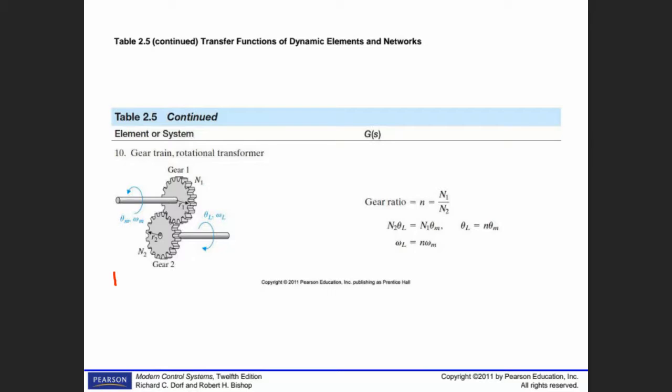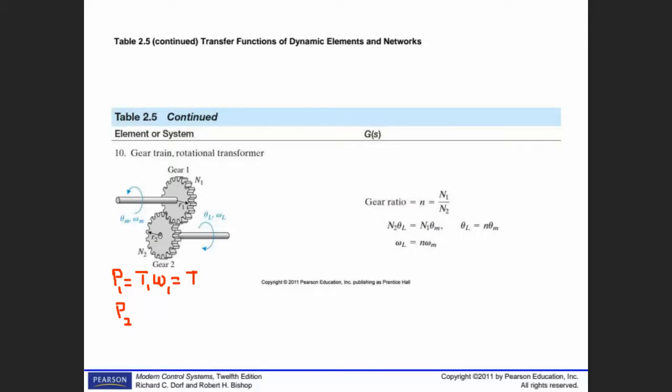Power is equal to torque times omega mechanical. General equation. So power 1 is equal to torque 1 times omega 1, and power 2, buraya yazacağım, eşittir